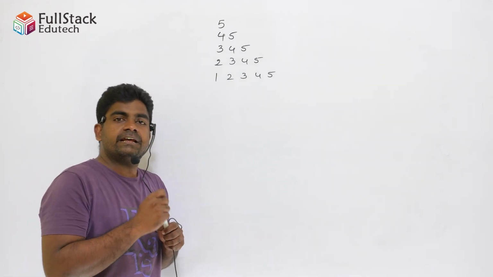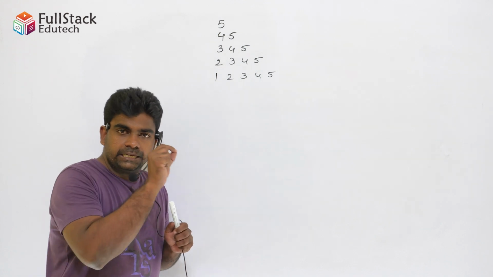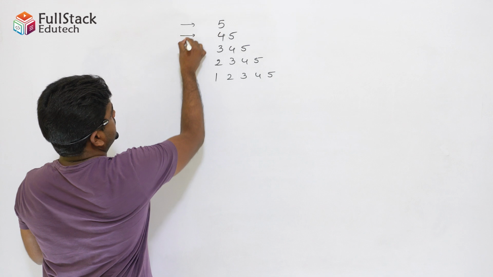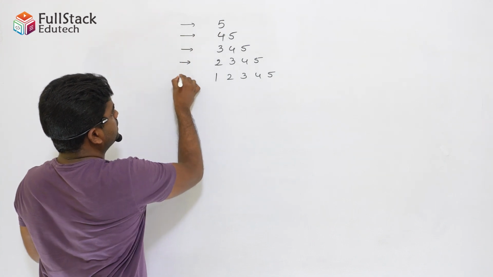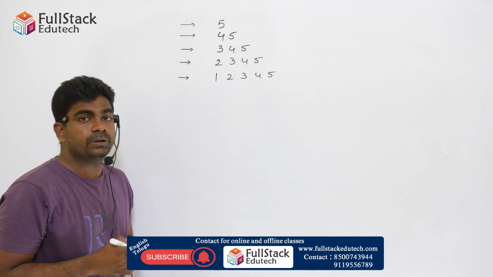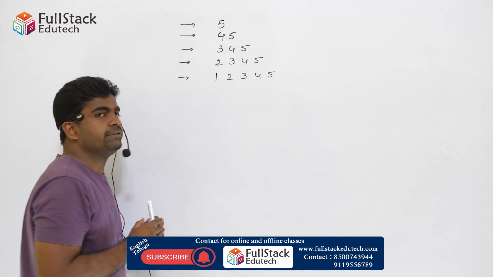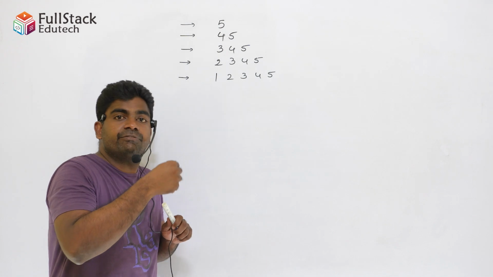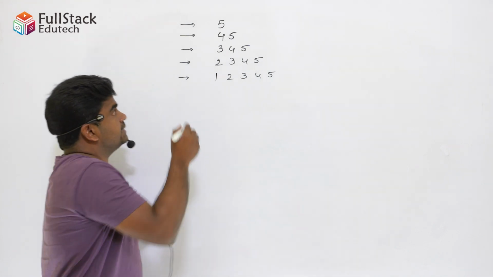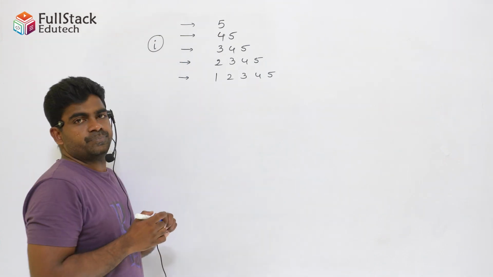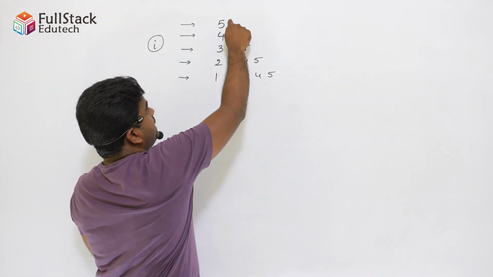Whenever we are printing the pattern, we print each row. This is the first row, second, third, fourth and fifth. Look at this: does each row start with the same value or a different value? It's a different value, so that value you just consider in one variable, and each row ends with the same